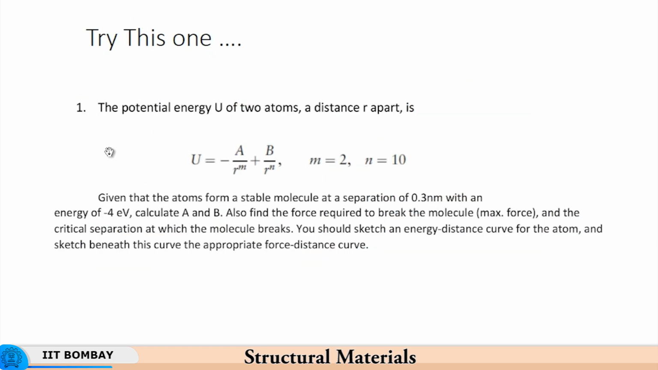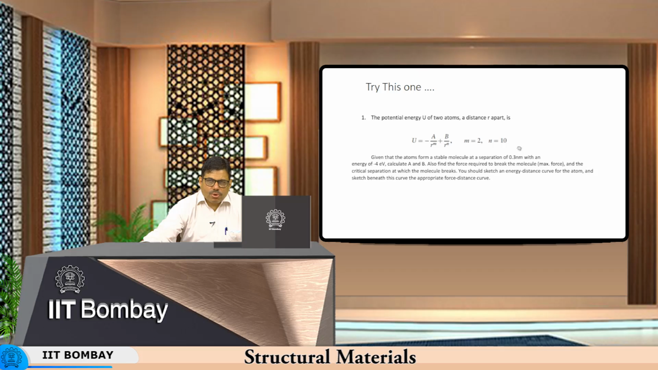So you can try this problem, which is very similar. Those who could not solve it on your own, you can take the previous solution as an example, and then try out your hand at this problem, where earlier r had an exponent of 1 because it was minus a by r. Now it is r raised to m and r raised to n, where m is not equal to 1, it is equal to 2. So there is a minor difference between the two problems, and therefore you can derive the expressions and calculate the